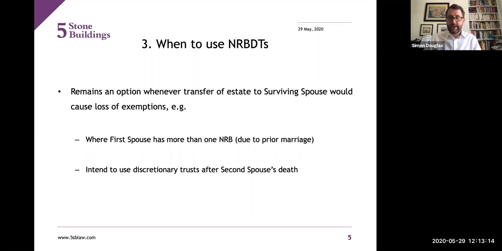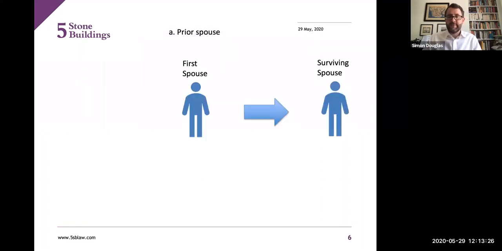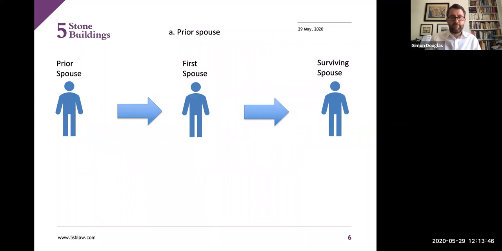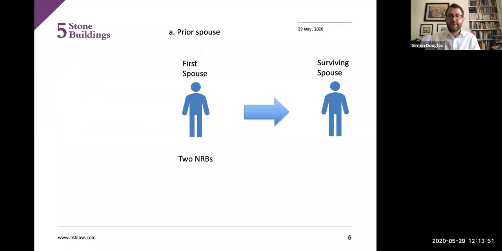One is to do with a case where there has been a prior marriage, and the other is to do with a case where there is a long-term plan to use discretionary trusts. So let's look at the first example where there's a prior spouse. As before, we've got our first spouse who's going to leave their estate to their surviving spouse, but there is also a prior spouse. So the first spouse had entered into an earlier marriage with the prior spouse, and that prior spouse predeceased the